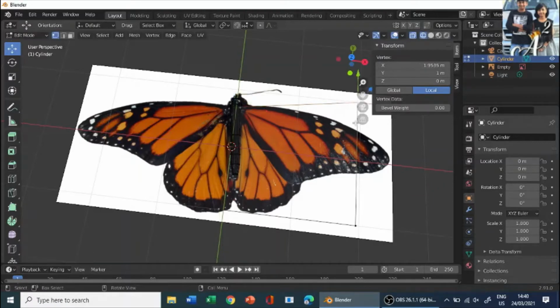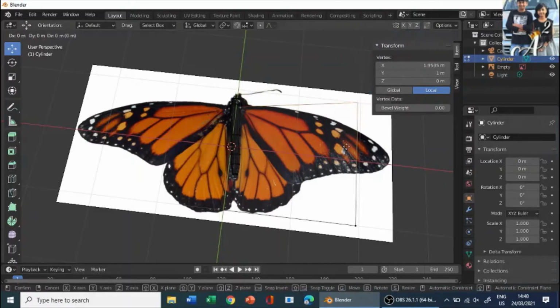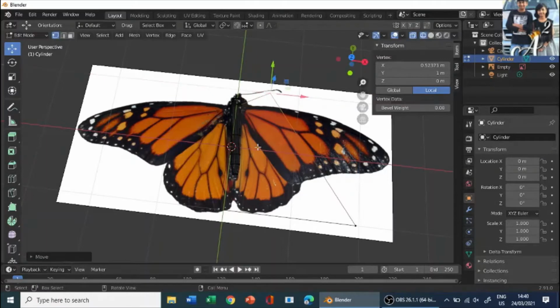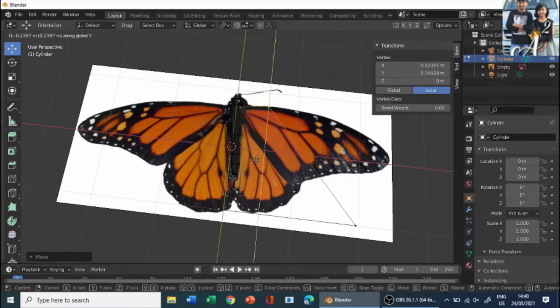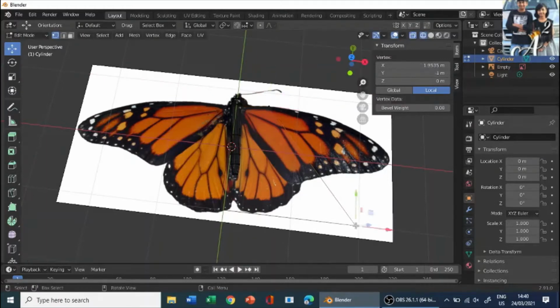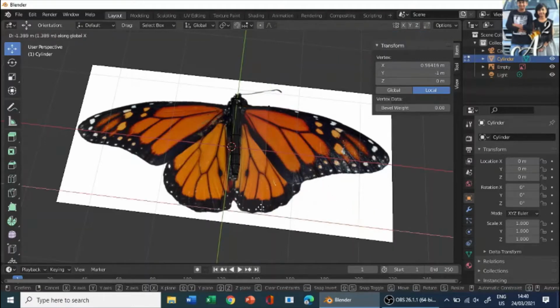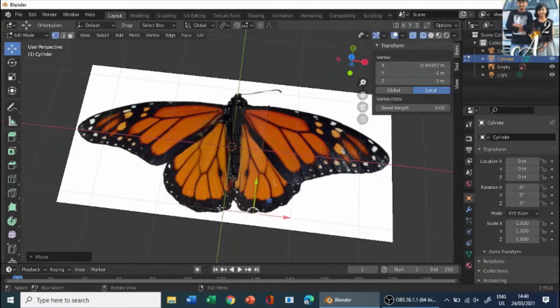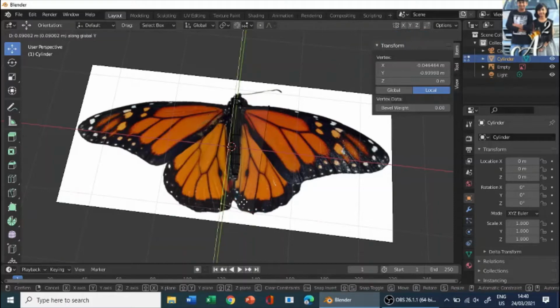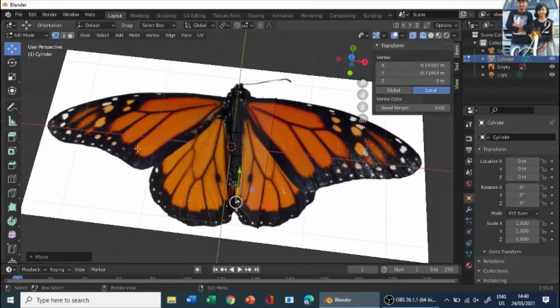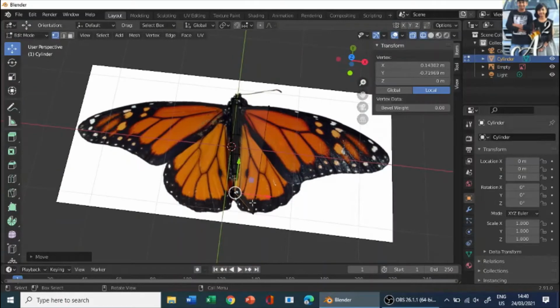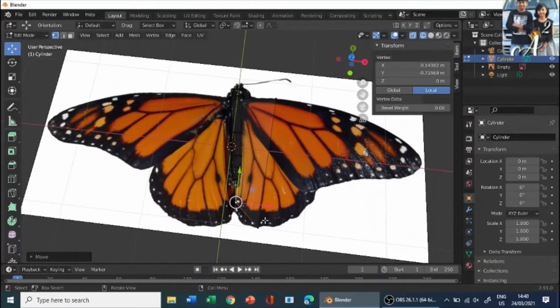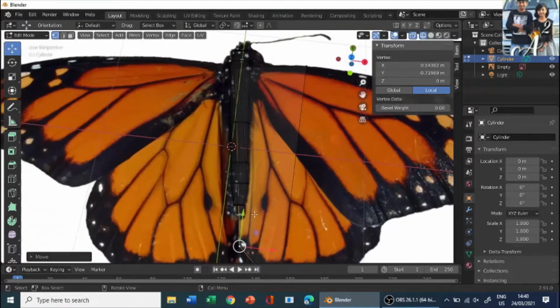And the other vertices over here, G on the x-axis and G on the y-axis. So like this we need to do for everything. So G on the x-axis, so we are going to make a mesh using this only. G on the y-axis, up a bit, and G on the x-axis. So make sure you show a difference between the right wing and the left wing, so that when we add an armature or something, we can easily notice and select them.